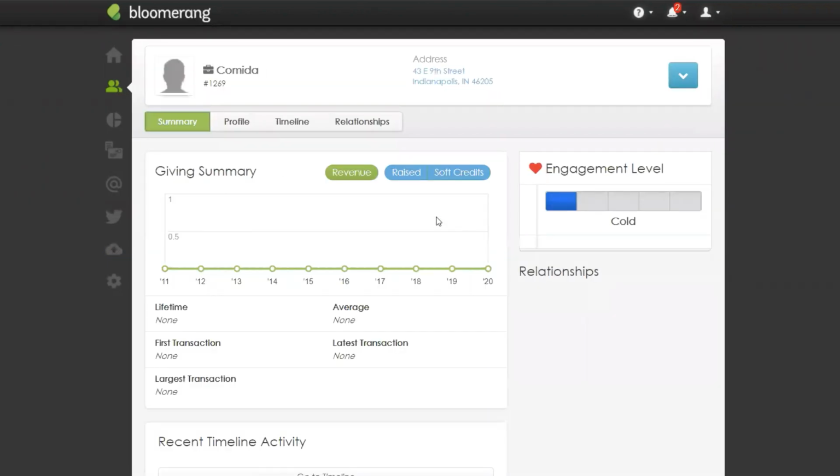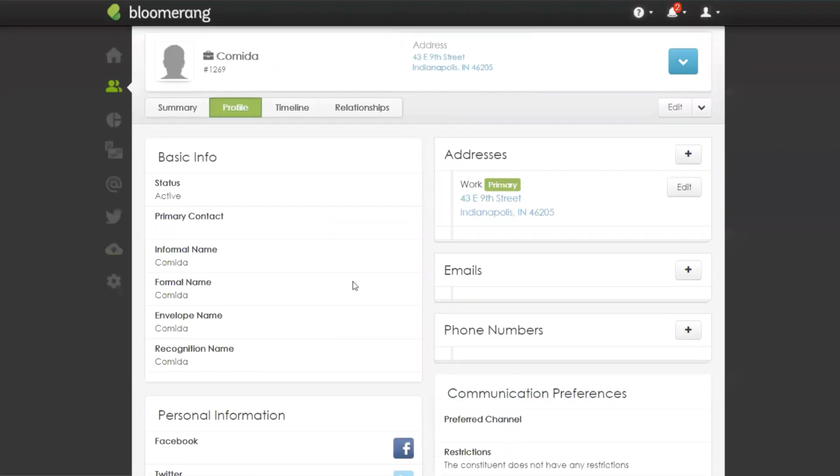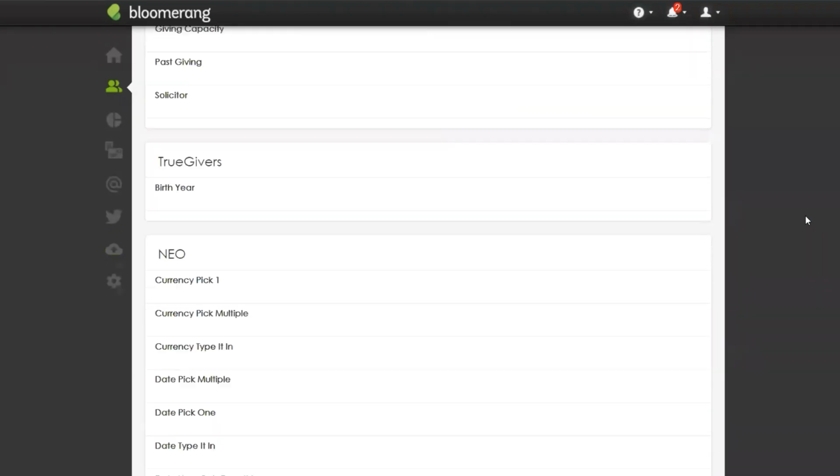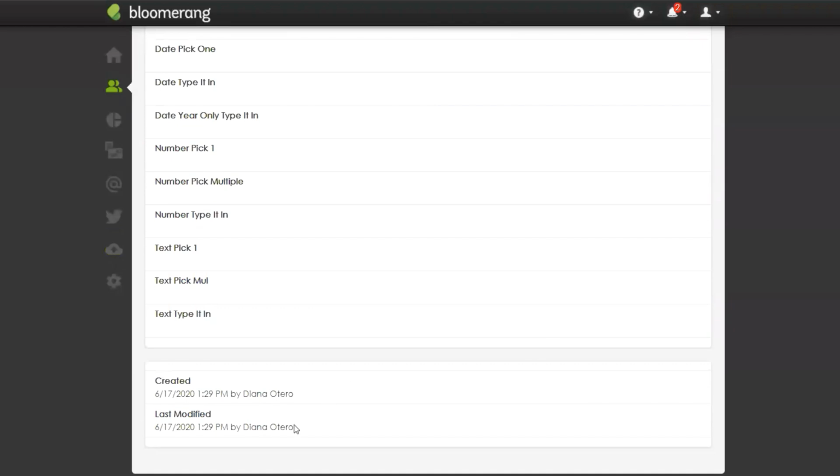So this was a constituent import, so I just wanted to create a constituent account for them. We brought in the address, and we brought in a custom field for their organization type, which is a business. So we see that here. And if we scroll all the way down, it is showing us that this was just created just now when